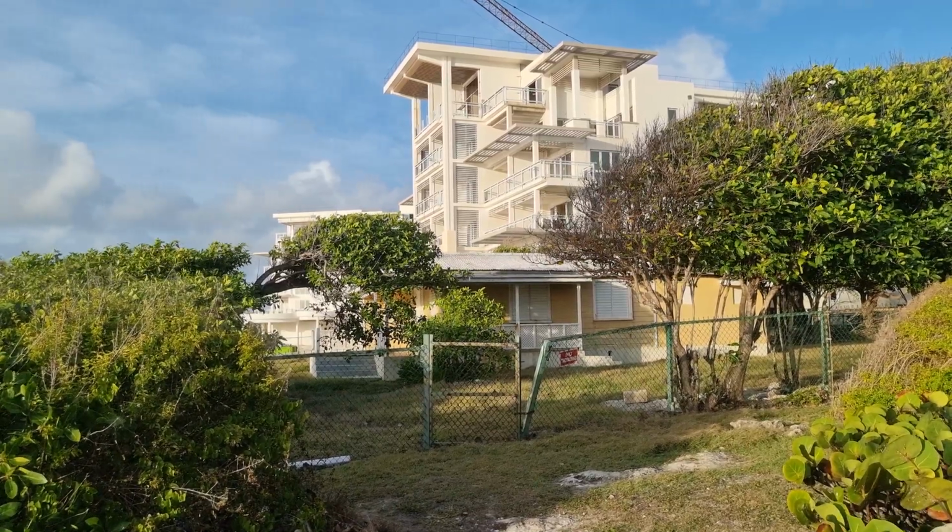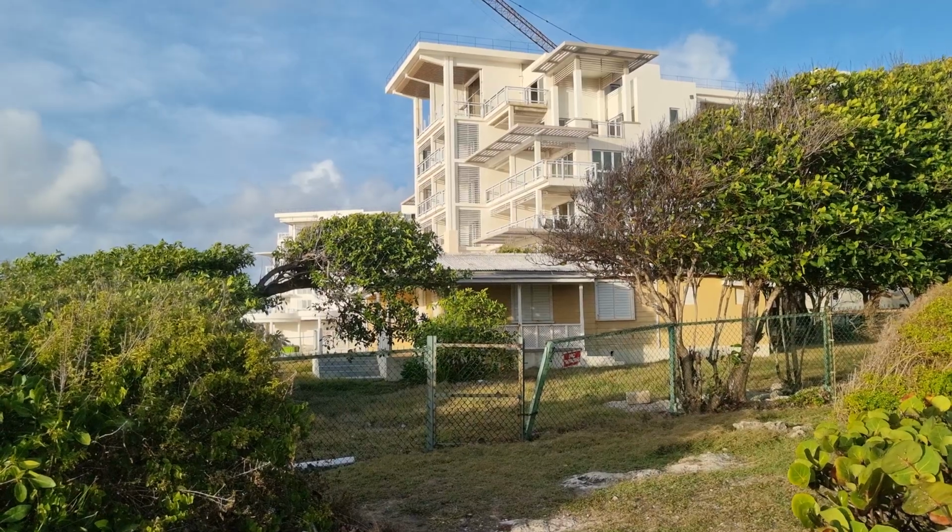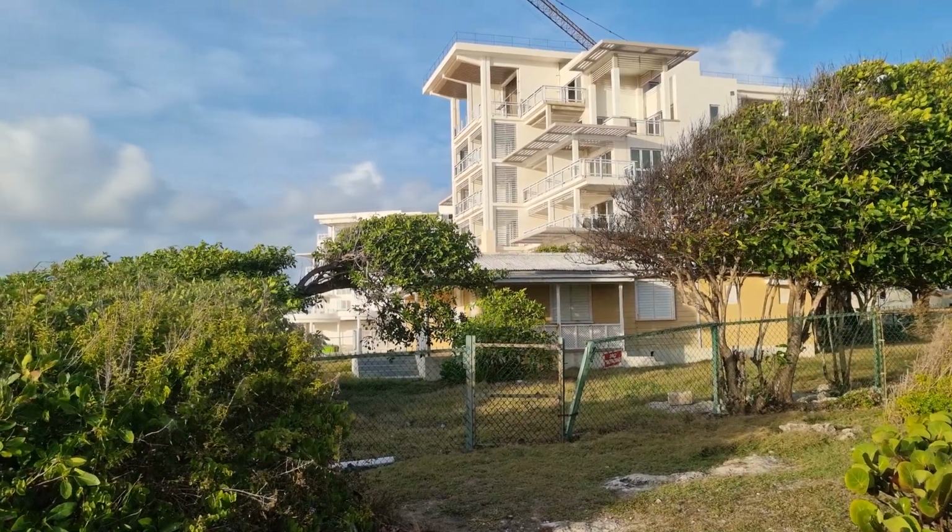No direct sunrise itself, however you're going to see a blistering sun that's coming in just behind me. Beautiful morning here in Barbados. Absolutely gorgeous. The warming rays that are going across my body here are incredible. You can feel all this sea spray, light little sprinkles of sea spray along my skin. It is a moving and very blessed time to be standing here on these cliffs and bringing you this beauty